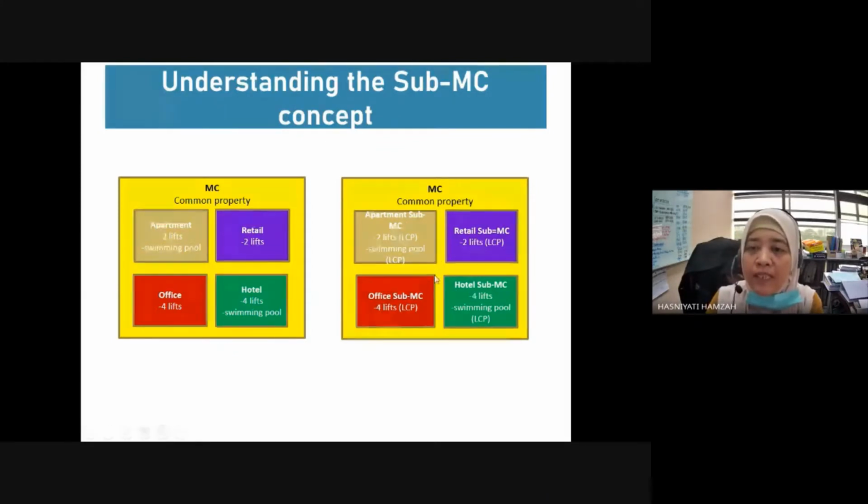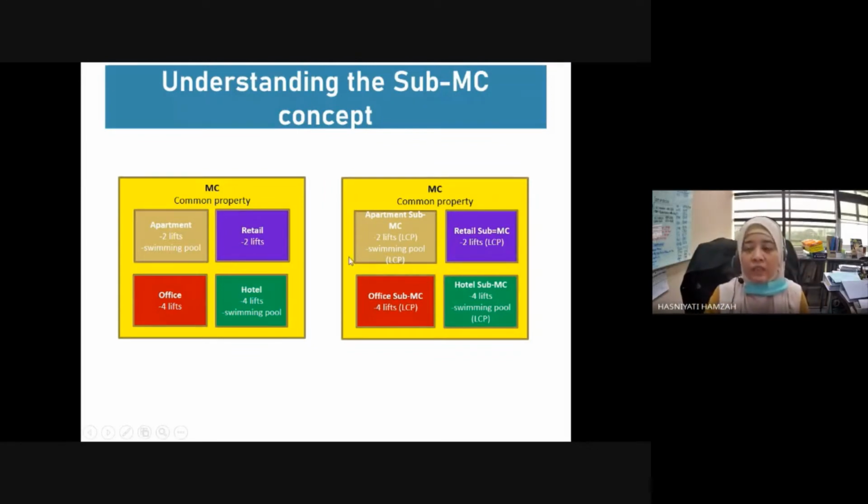4 sub-MC together with the MC again on the right. We see the diagram on the right. We will illustrate the effect after the establishment of the sub-MC, which is we still have the MC because the MC still has to take care of the common property, which is normally the land, the road on the land, the service road on the land, what else? The corridors on the land, the wires on the land, the cables on the land, the ducts on the land,